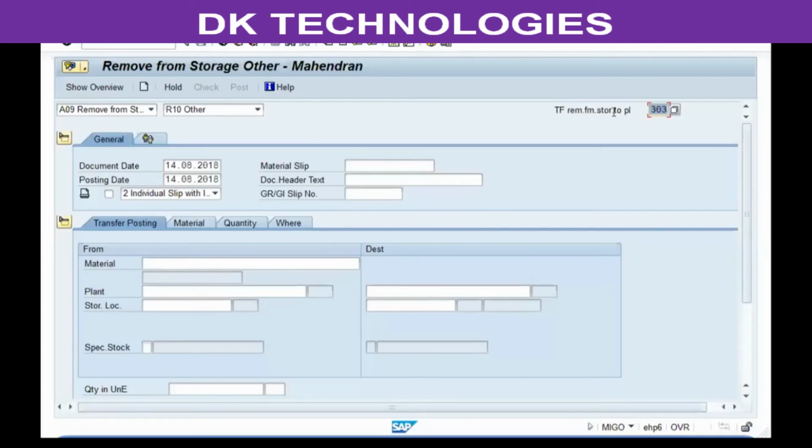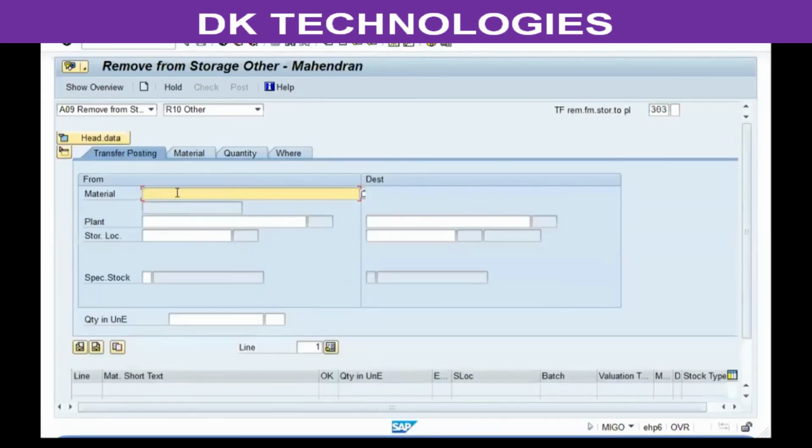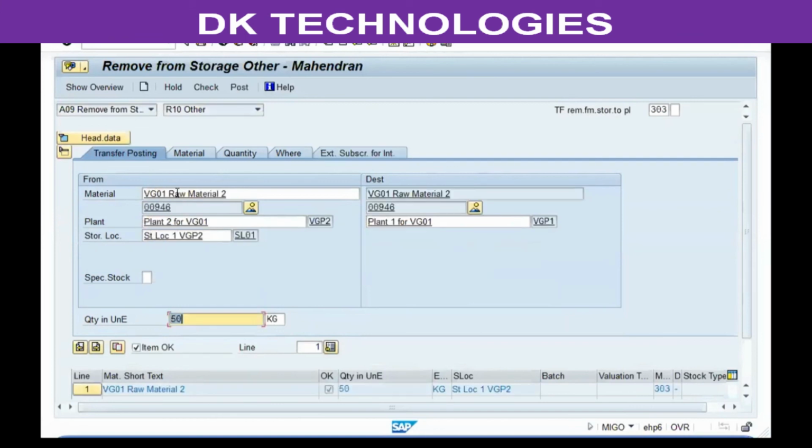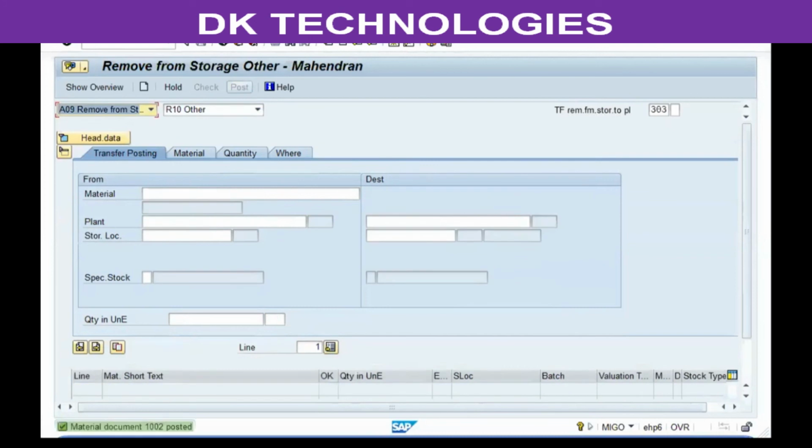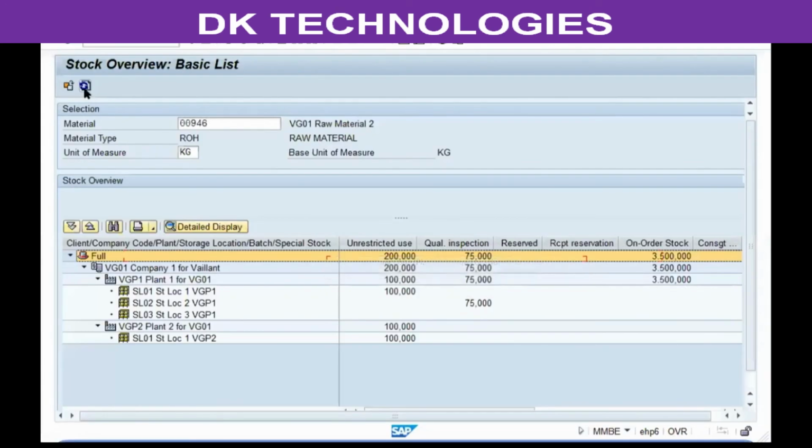Let's see how to do this. Remove from storage, enter the material number, from plant VGP2, storage location, to plant. Even if you specify the storage location, system will automatically remove it because in this step you're only indicating to which plant the material is going to. So click on check, no errors, post it. Now when you look at the stock overview, when I click on refresh,